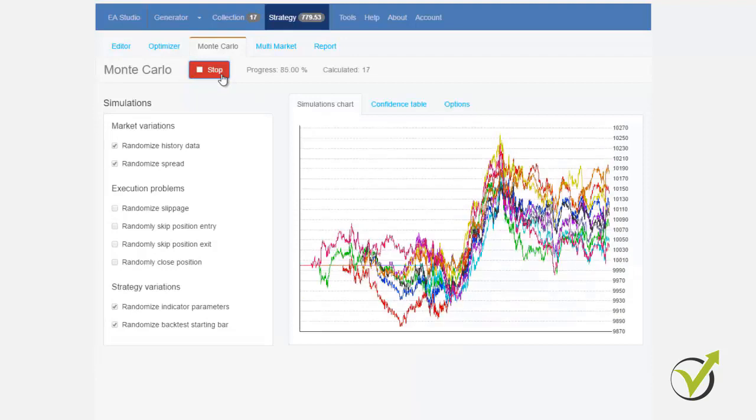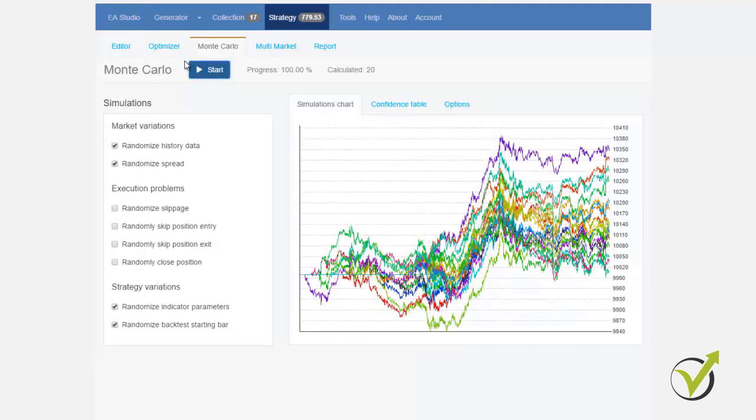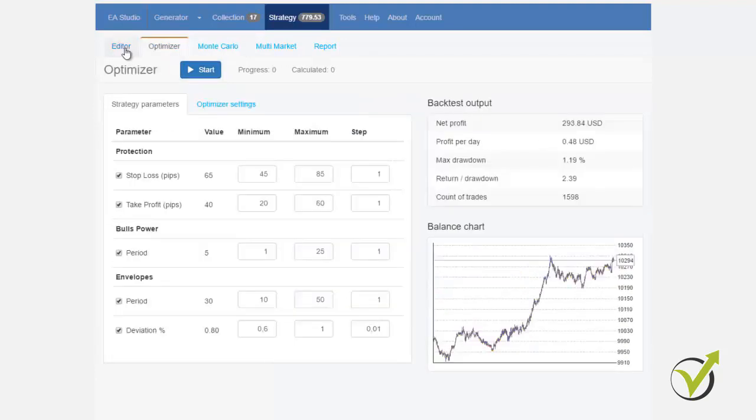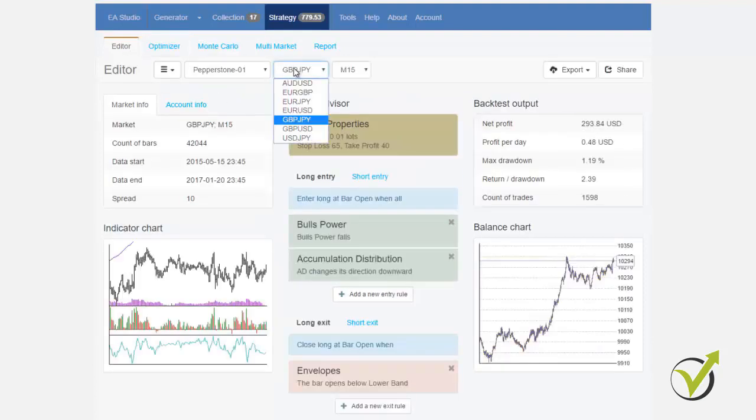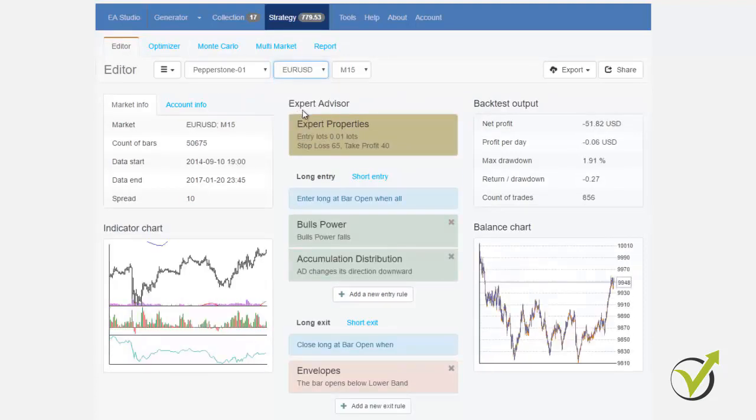And in this strategy I really don't like the big drawdown, so I will not use this strategy. I will go to the next pair and I will do the same thing for all the pairs, and I will just leave the strategies that I really like, the backtesting profit line, and the ones that pass the Monte Carlo test. So this is how I diversify the risk between the different